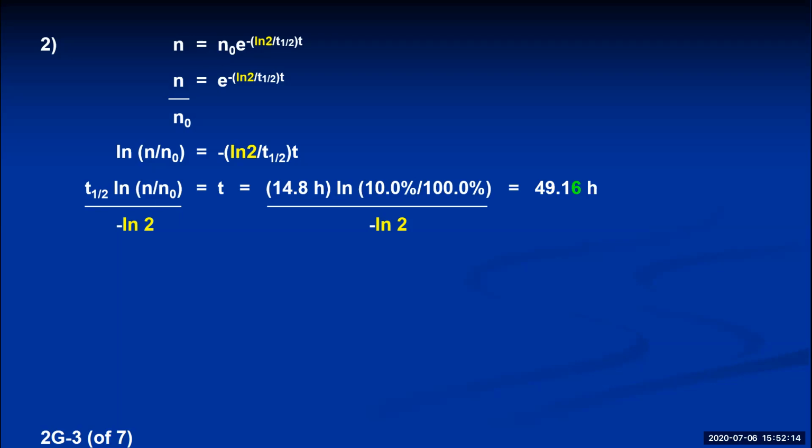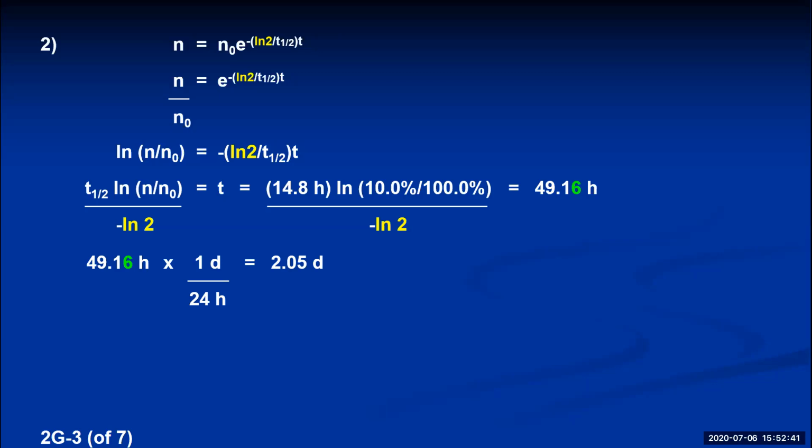And if they want the answer in days, we'll have to just convert the hours into days by using a little conversion. 1 day equals 24 hours. So that means it would take 2.05 days to have the intensity of the radioactivity drop down from 100% to 10%. Number 3, if 1.000 grams of molybdenum-99 decays by beta minus emission to 0.125 grams in 200 hours, what